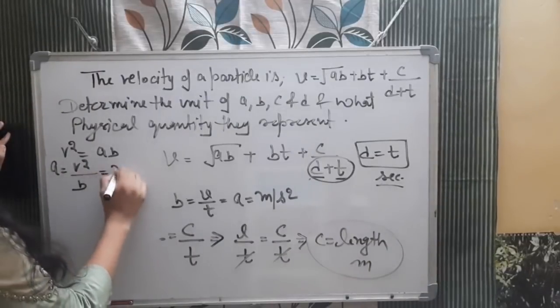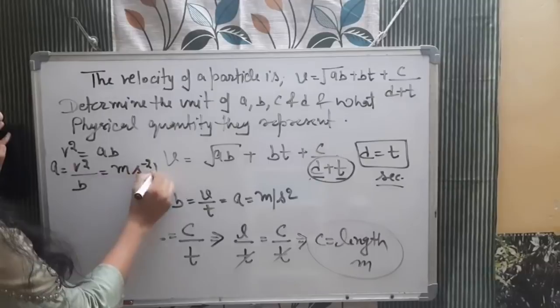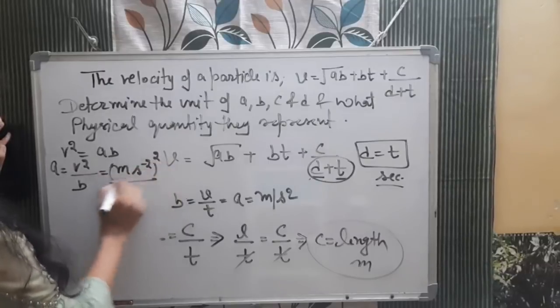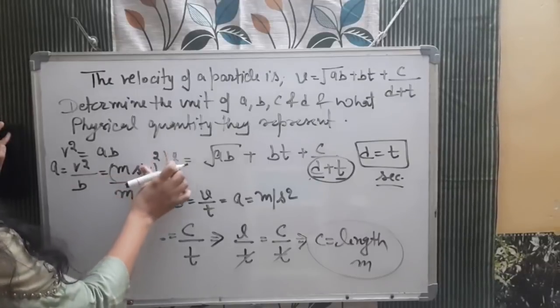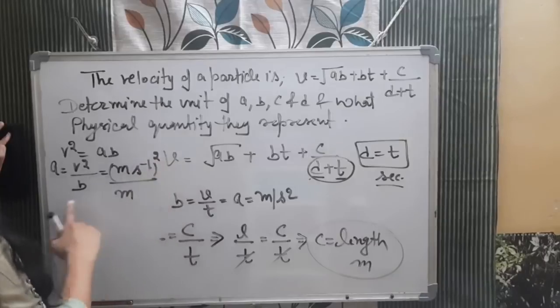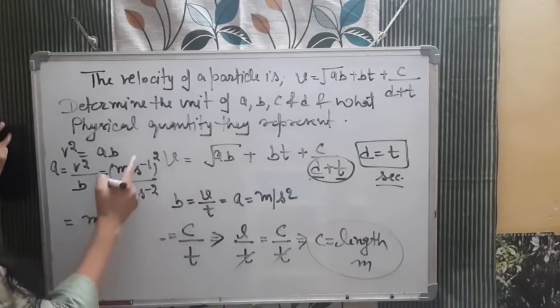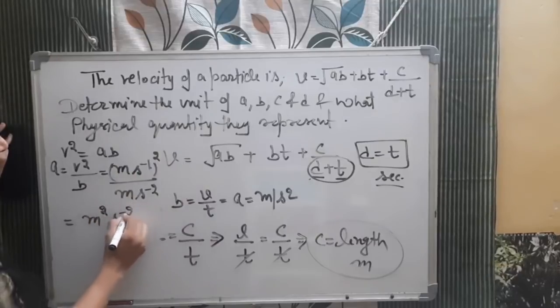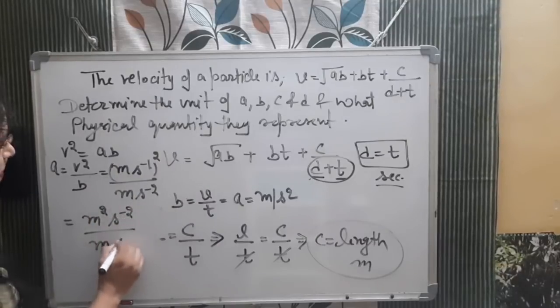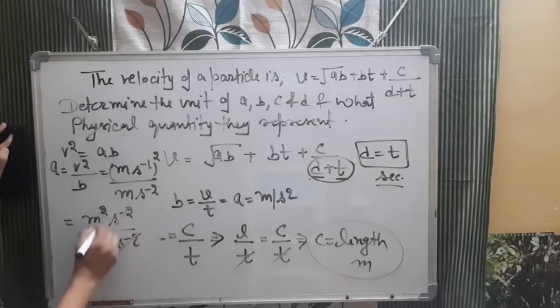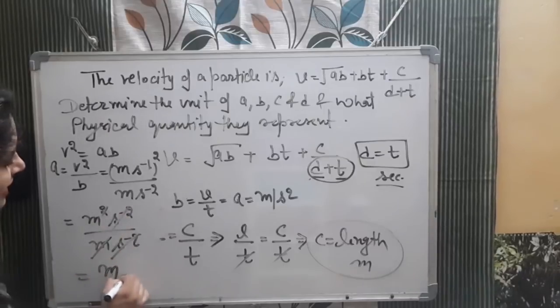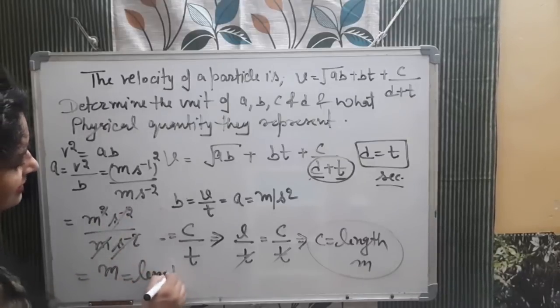Now V is what? Meter per second. Square this. Okay, velocity divided by acceleration. Velocity is meter per second, while acceleration is meter per second squared. So see what will cancel out. Upper side meter square per second square, lower side meter per second square. It will cancel. Only meter is left. Again, it will represent length, the distance.